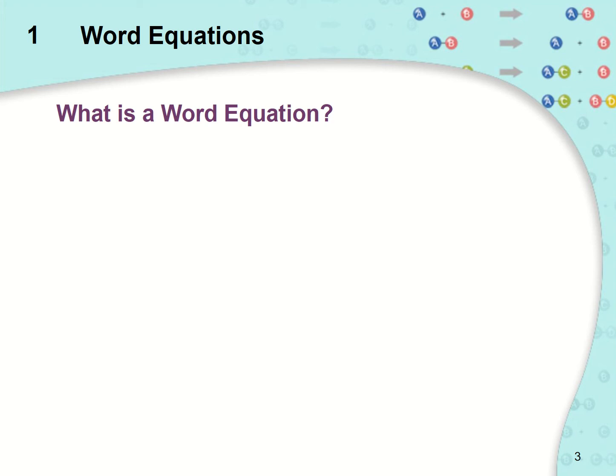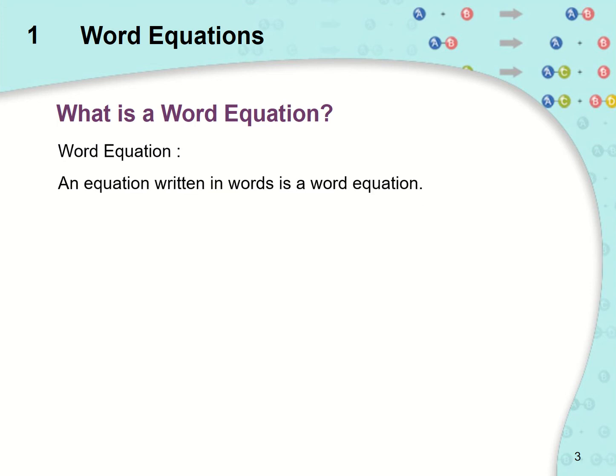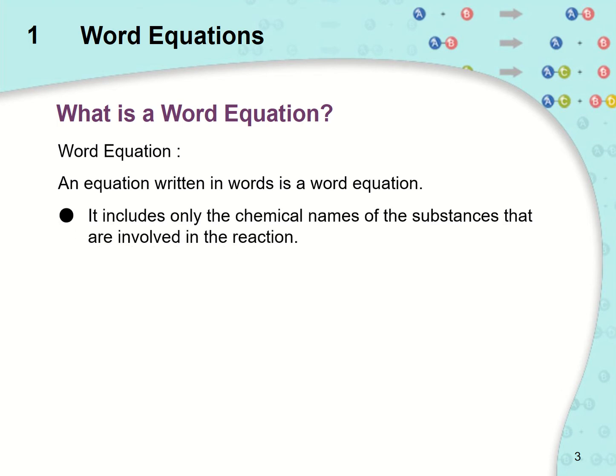Now, what exactly is a word equation? Basically, a word equation is an equation that is written in words. So any equation that is written in words is a word equation. Now in chemistry, a word equation basically tells us what a chemical reaction is. The word equation includes only the chemical names of the substances that are involved